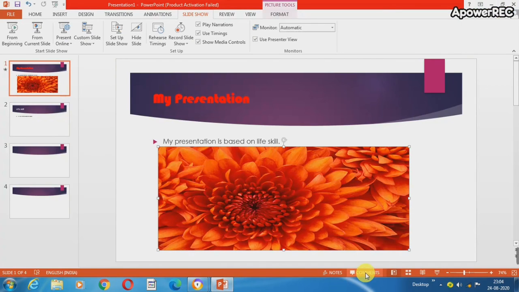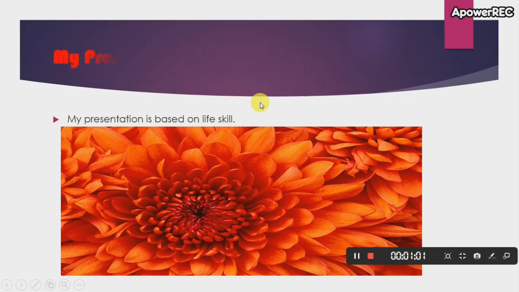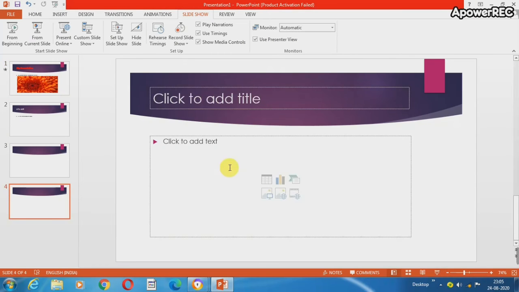Now you will be able to run your presentation, or there is another option, slideshow at the bottom of the screen. So you can observe here your presentation is ready for your audience. They will judge your skills, what you have planned, new ideas about your presentation. So in this way children, we can create our presentation. You can see whatever effect you apply in your presentation, it will show during the slideshow.